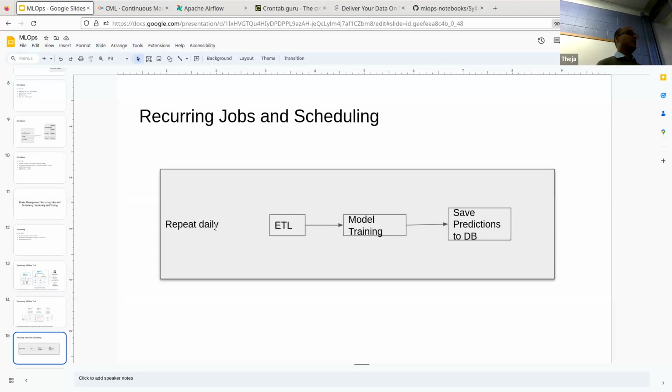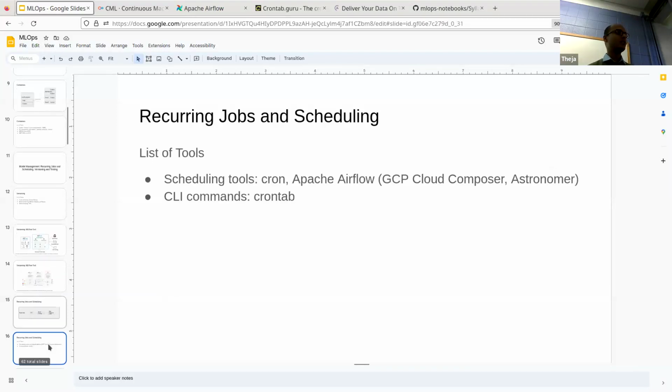So there are a lot of these types of tasks which need to be repeatedly run, and for that there are actually several tools to help you do that. Okay, on the smallest scale is a tool called cron, which was developed in 1975. Okay, so it's 49 years old by this point.